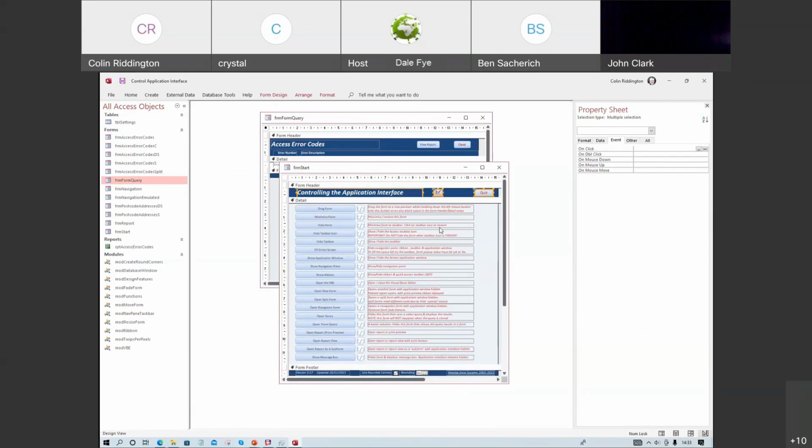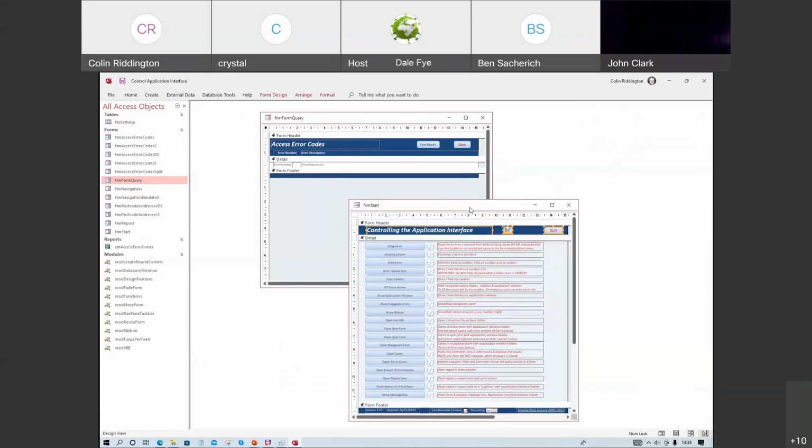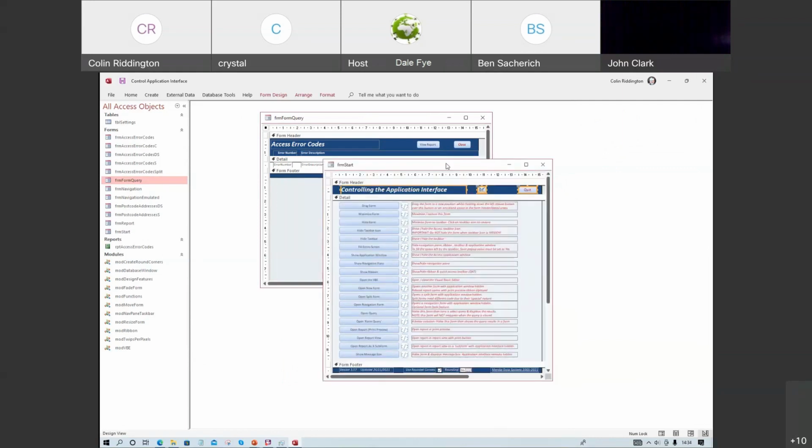I tend not to use datasheets. There's no reason why they would be any more difficult to actually use in this particular setup. The reason they're a little more difficult is because you can't see a header and a footer on a datasheet. That's why you need the wrapper form for your header and footer piece of things. But I agree totally. Sorry, I missed the point there.